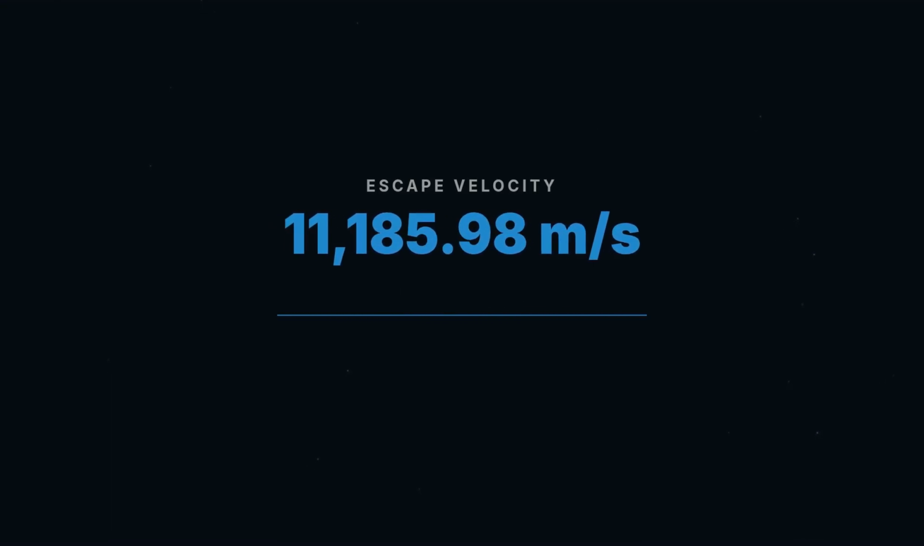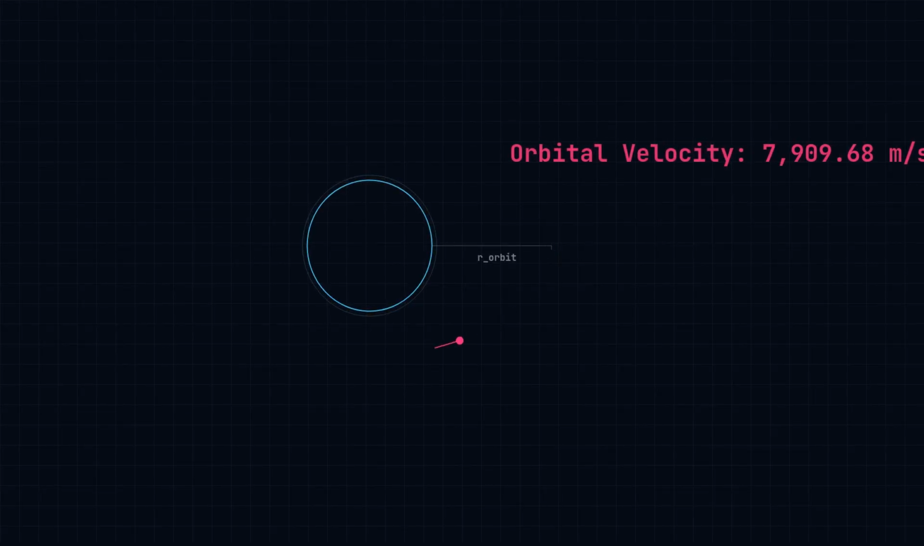11,185.98 meters per second. That's also displayed as 40,269.52 kilometers per hour. The calculator additionally provides the orbital velocity at 7,909.68 meters per second, and the ratio V_esc over V_orbit equals 1.4142, which confirms the theoretical relationship between escape and orbital velocities. This tool